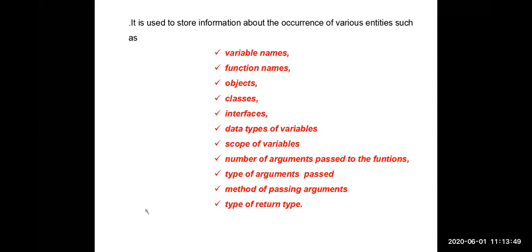That means, simply in one line, our answer is that a symbol table will store the set of identifiers in the program as well as all the attributes of those identifiers. Attributes means properties of those identifiers. Clear? This is the main information that is stored by the symbol table. Now, is it clear, guys? What does the symbol table contain? Is it clear about the symbol table? What does it contain?